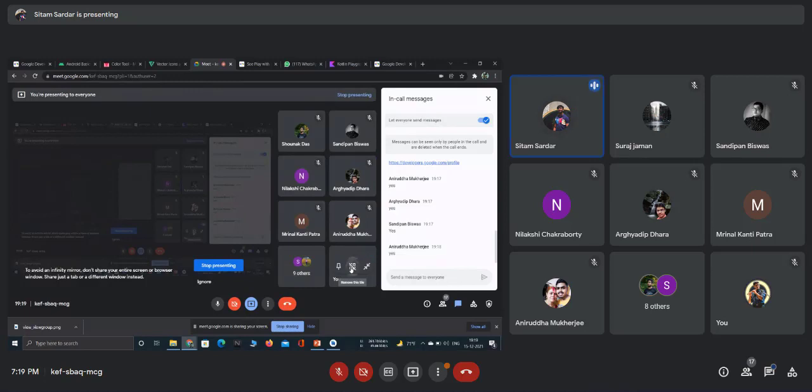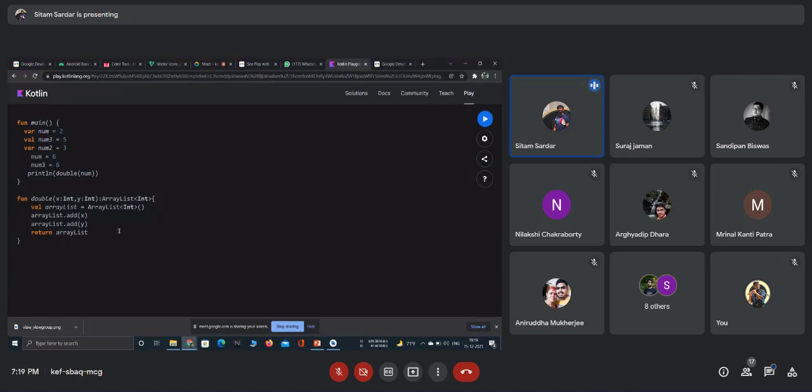Basically, a data type is a keyword by which we can tell the compiler, or for better understanding, tell your local machine, to hold a particular space where you can put some data. It is something like that. So to make writing our Kotlin code easier, we use the Kotlin Playground.